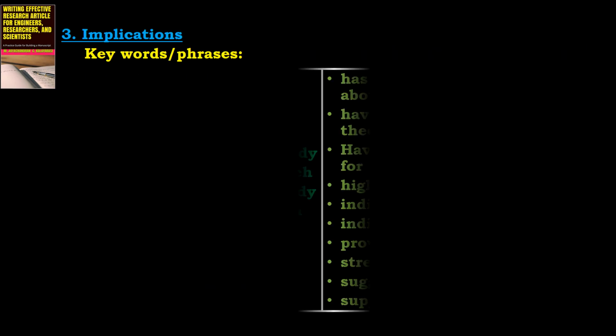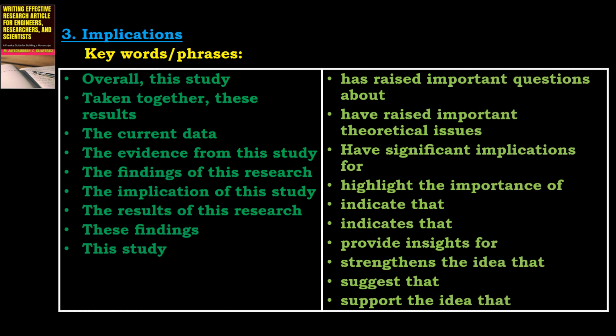3. Implications. The implication section provides the conclusions that can be drawn from the findings of the original research for the field of knowledge and the impact on future research in the research field. Key phrases are: overall, this study; taken together, these results; the current data; the evidence from this study; the findings of this research; the implication of this study; the results of this research; these findings; this study;